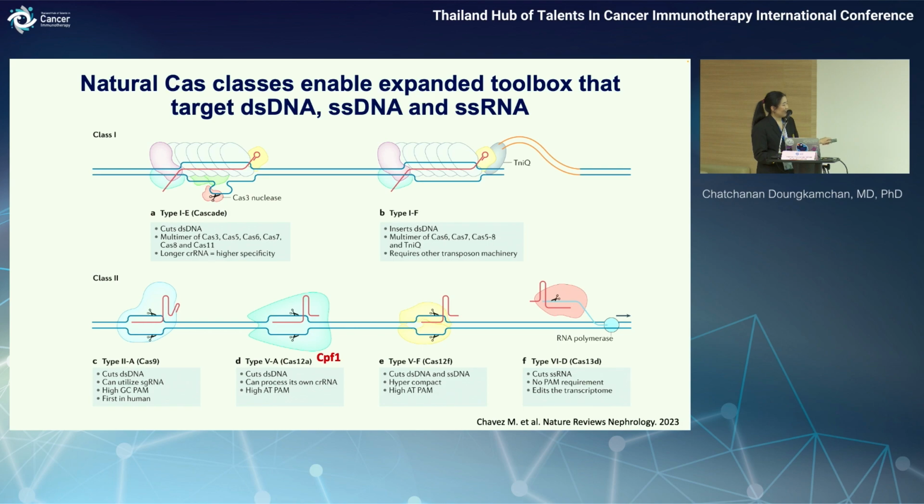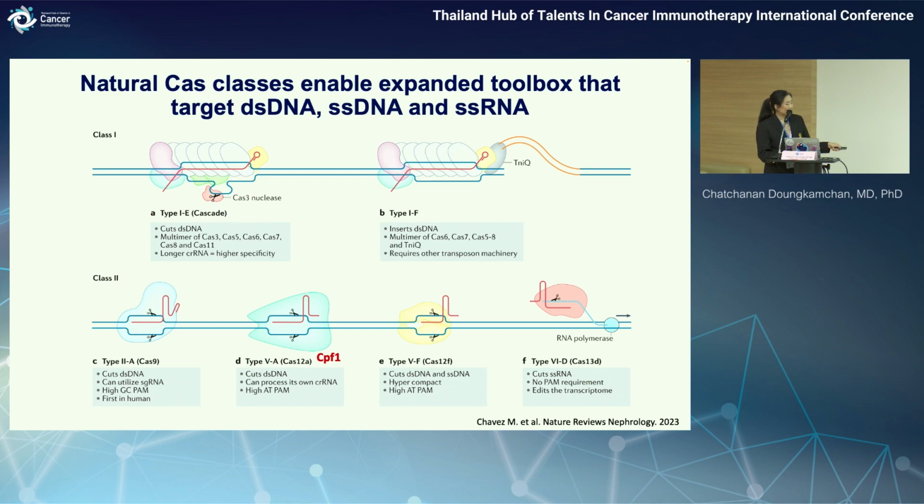And Cas9, of course, belongs to class 2, and this is Cas12a, previously known as Cpf1. It could result in a double-stranded DNA break, and Cas12f is a much smaller Cas protein, and Cas13 is